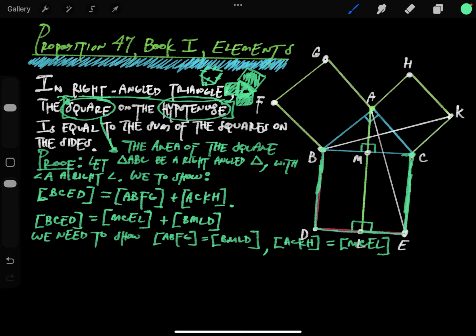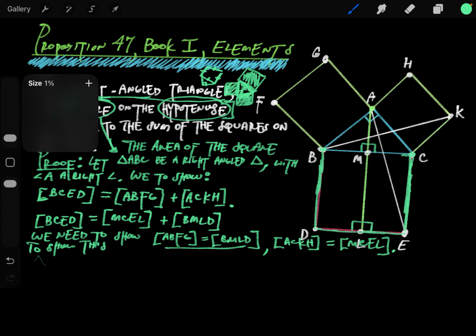And once I show these two, then I'm done. So to show this equality and this equality, we're going to prove that triangle